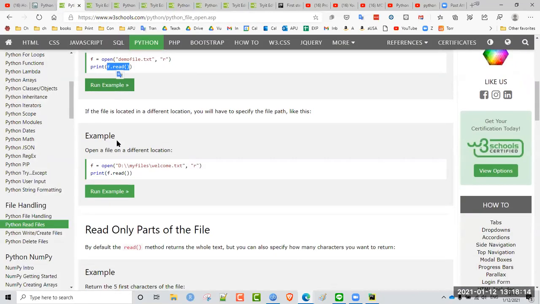Okay. And then they mention here that if the file is located in a different directory, you have to say where the directory is. Like this, you have to say where the file is. It's in your D drive in a folder called My Files, and then here. Okay, and I think we need to use these kinds of